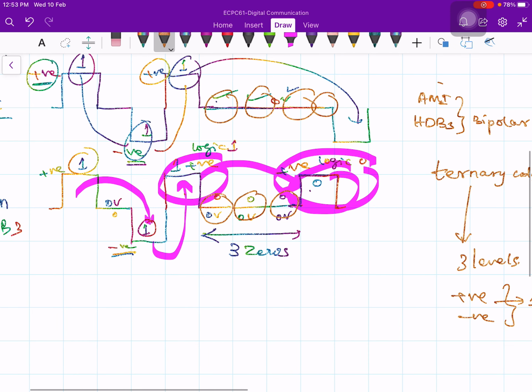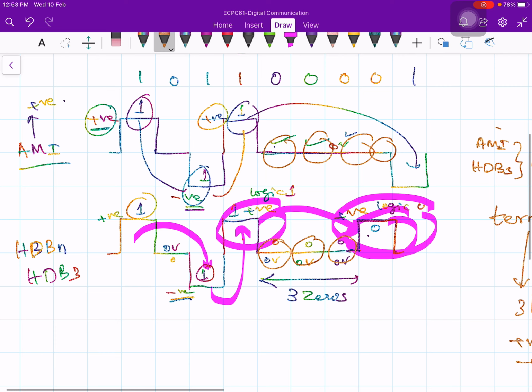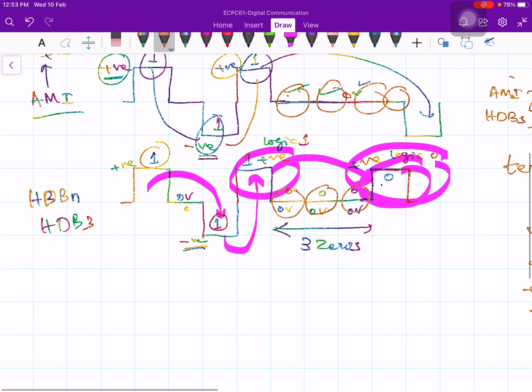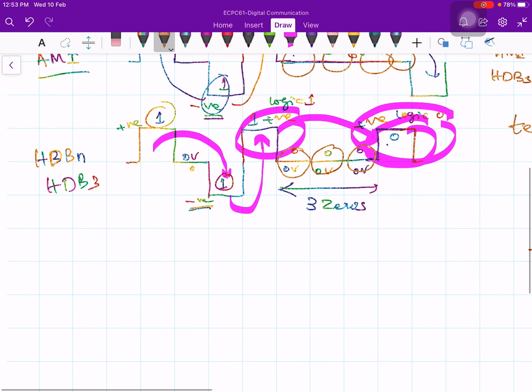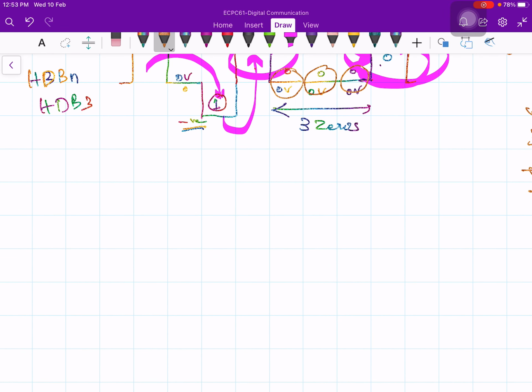In AMI, one gets a simplistic view that to ensure there is no long string of ones, you just alternate or invert the ones. See, in the last lecture, in the unipolar code, if 1, 1, 1, 1 comes like that, then what do you do? You continuously send positive voltage like this. This is your unipolar code.